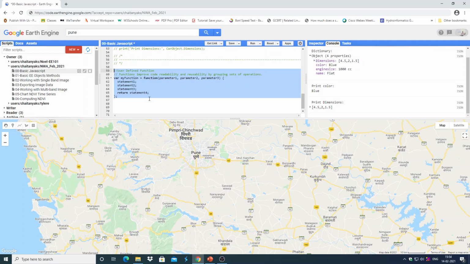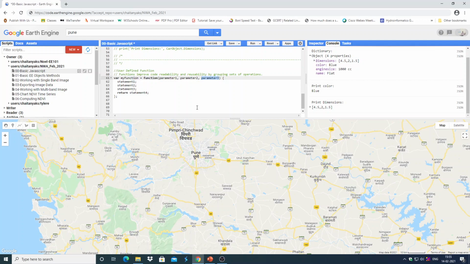in a collection. We will use a function. So we will see that. So a general way to declare functions generally improve the code readability and reusability by grouping a set of operations. And the general way to declare a function is you give your name by giving a variable name, my function, and using the keyword function, and then within the parenthesis, these are the parameters which need to be passed on for calling the function. There can be any number of parameters. There can be even zero number of parameters.